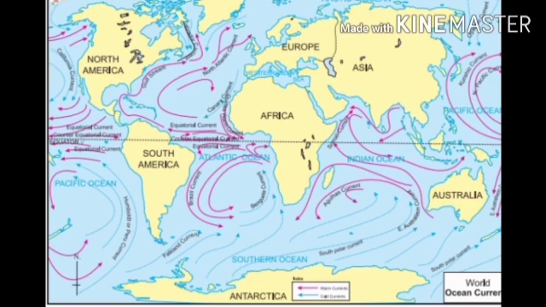So children, in this part what have we studied? We have studied what is ocean current, what is the reason for occurrence of ocean currents, and what are the types of ocean currents. They are surface ocean currents and deep ocean currents. Again, surface ocean current is moving up to the area of 500 meters. Okay.